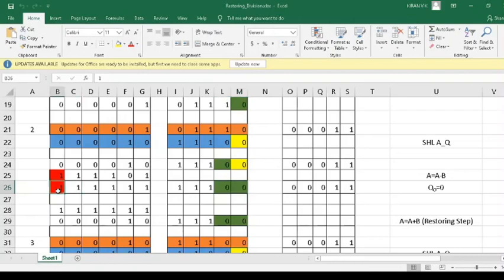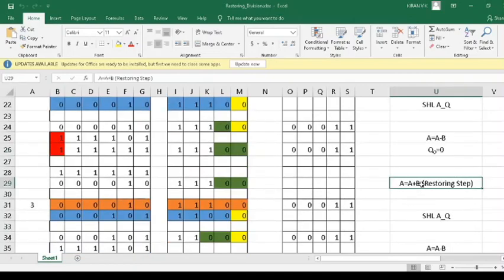Okay, and I told you earlier, if the result of that subtraction of B from A is negative, it will also create a restoring step, right? That is, this answer should be restored back to the initial form of A. So for that, what will you do? For the restoring step, you need to take this divisor and add it to the result of A equal to A minus B. So this is the result of A equal to A minus B. To that, add your divisor.